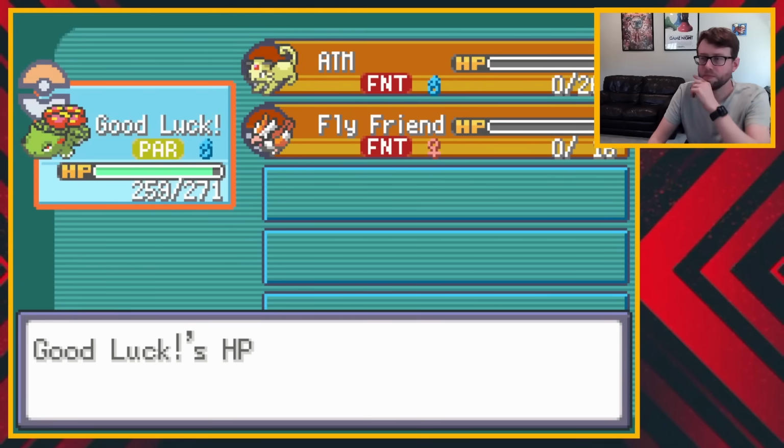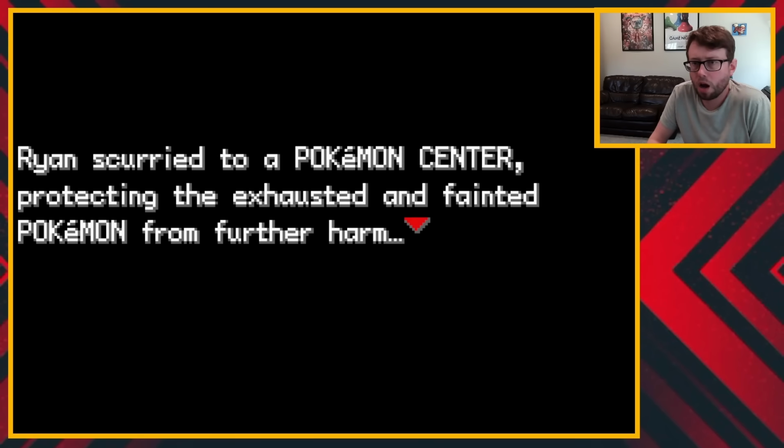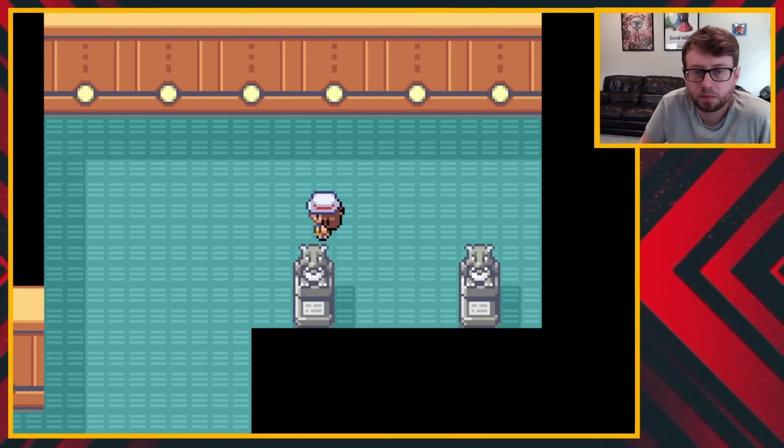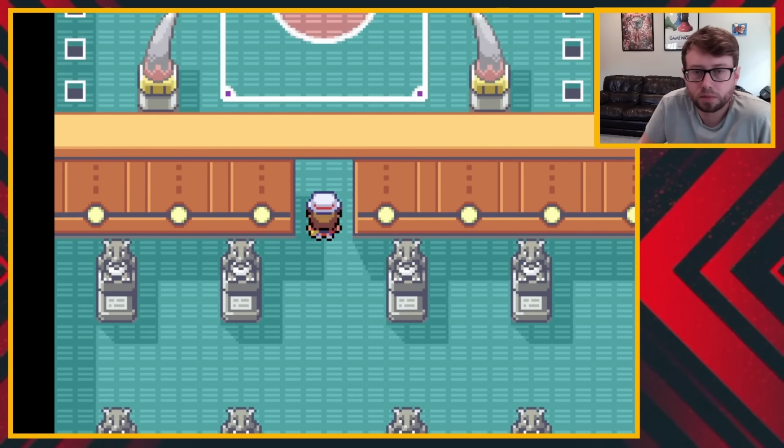Because I only had one Pokemon alive, I am not physically able to take on this battle. Because of that, the game just auto blacks out. So now I know I need to keep two Pokemon alive. I also grabbed some full heals for any status conditions. This takes me to...